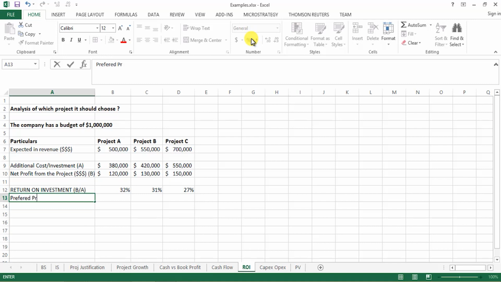Now we'll mark your preferred projects in order. Project A becomes number 1, project B becomes number 2, and project C becomes number 3. I'm sharing this template, this whole Excel sheet, with you guys, and you can play around with the numbers and do some more research to get a good understanding of the